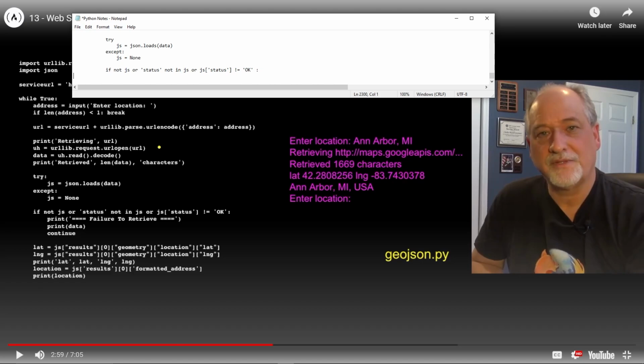We're going to print the string ==== Failure To Retrieve ====. Okay. We're going to print data on the next line, and then we're going to continue.